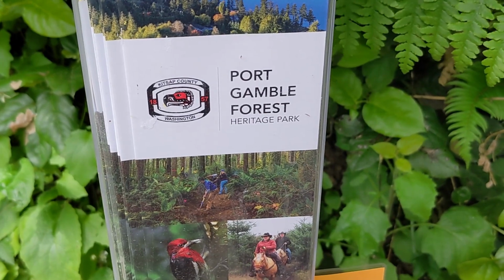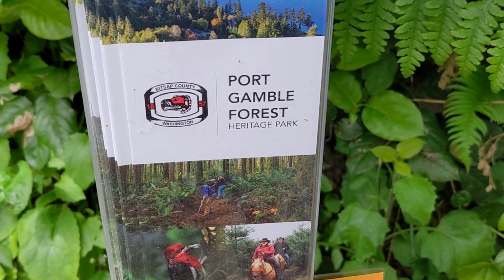Today I'm exploring the Port Gamble Forest Heritage Park, which is on the Kitsap Peninsula in Washington State near the Puget Sound. I haven't ever been here before. I've just moved to this area from Oregon and I'm excited to start checking it out. This park was apparently on private land and it was being managed by a timber company, and the county and a number of tribes in the area have acquired it and they're transitioning it from a working forest to a park. So it has lots of old logging roads through it and people can walk around in here and explore